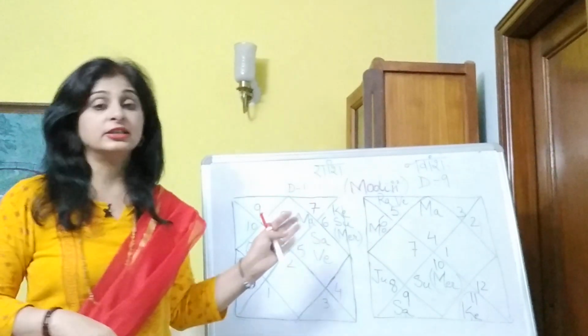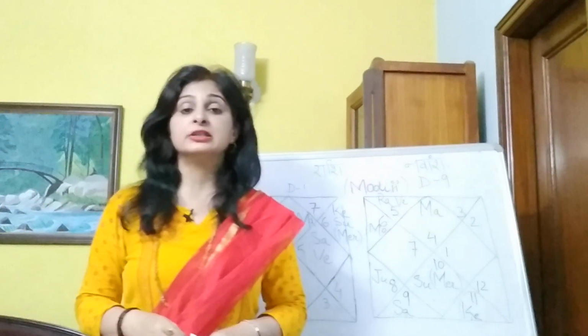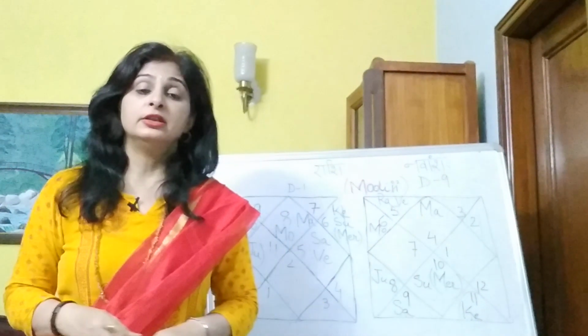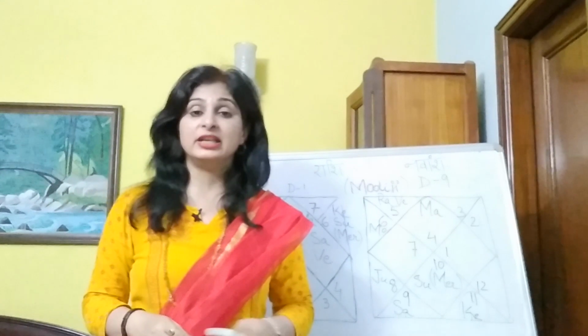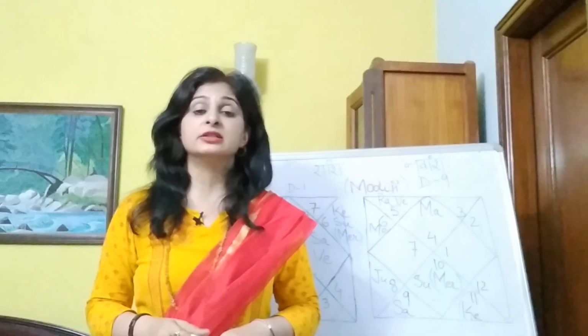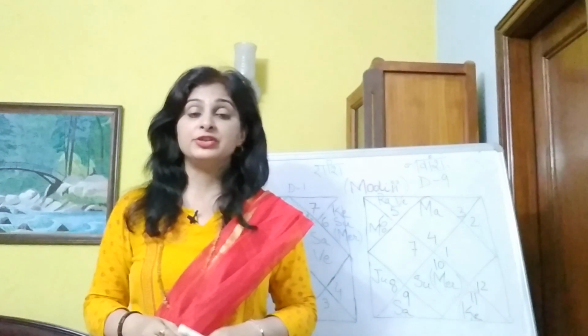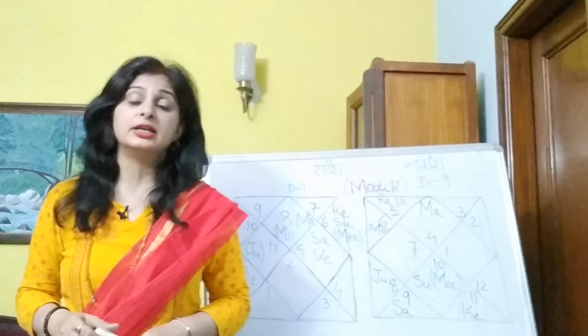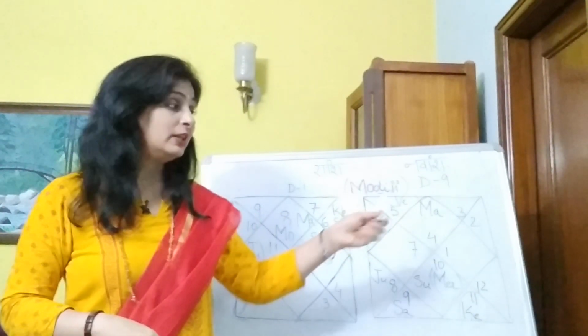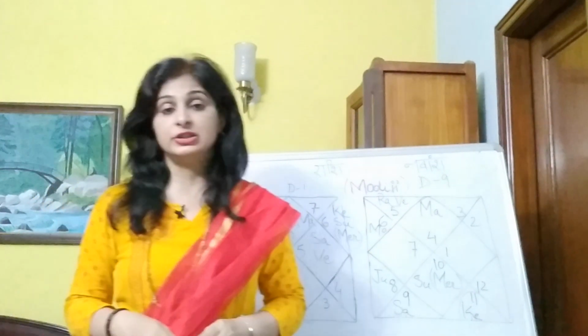The Rashi chart gets 6 points. The Navamsha chart is the second most important after the Rashi chart. It gets 5 points. The Dreshkona or Drekena chart gets 4 points. The D2 and the D12 charts get 2 points each, and the D30 chart gets 1 point. So from here you can imagine that these 2 charts are the most important charts.